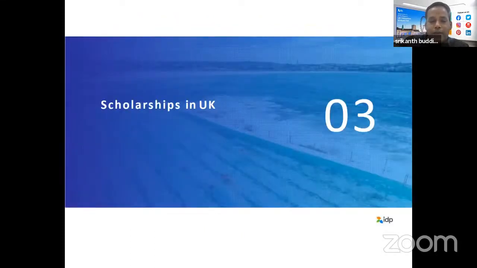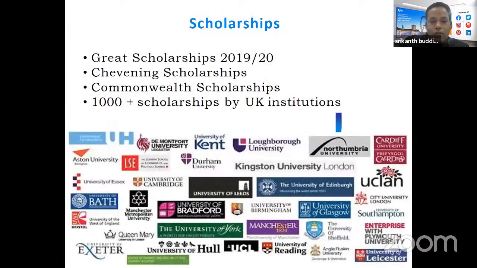Particularly, we are having some scholarships in the UK. These are the scholarships provided by the UK government and UK universities. If you are having a minimum 70%, you will get a scholarship of 3,000 to 5,000 pounds. And we are having some women's scholarships, STEM scholarships that are fully funded. Every year, every university is giving 5 women's STEM scholarships. So it is the advantage. If you are having above 70%, your total tuition fees may be waived off by the university. That is decided by the university. It's case to case.